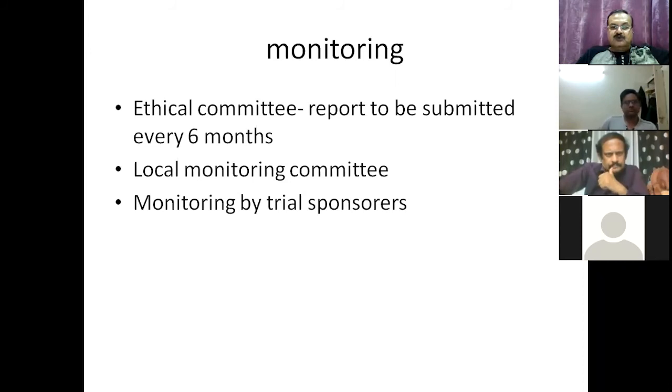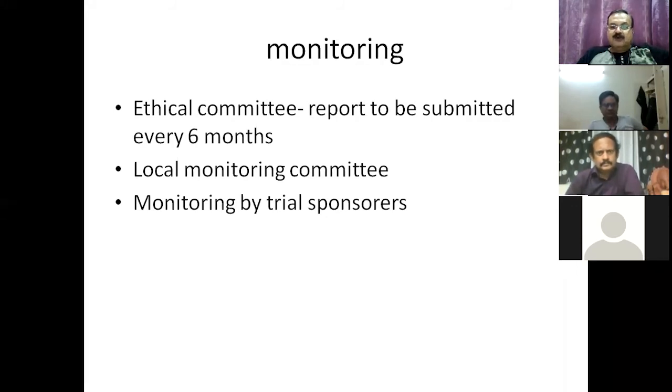Then there are two monitoring bodies, one under the chairmanship of the DGHS and one under the chairmanship of the Secretary Health. So when a report is submitted, suppose there is a severe adverse event, every time an adverse event happens, a report is given to the ethical committee, who deliberates it in their meeting, files a report on it, and then the ethical committee sends it to the DCGI